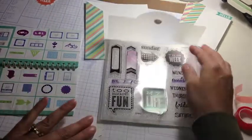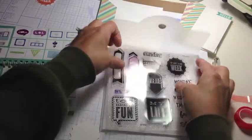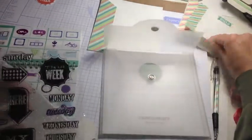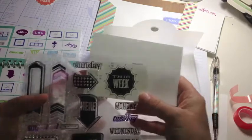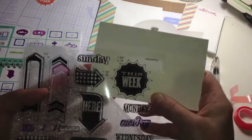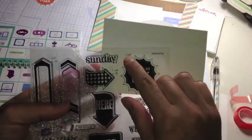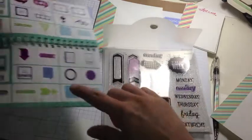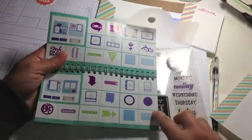So what I did was, it tells you right here for this particular image, I don't know if you can see it very well. Let's do this. I don't know if it's going to focus, but for this image it says 1 3/4 inches, and then it says page 79. So what I did was I went to page 79, and then using my Cricut,